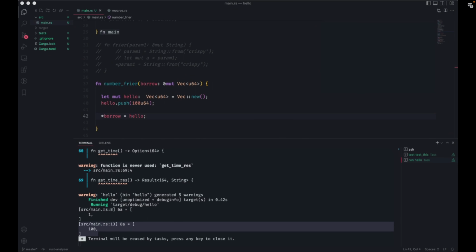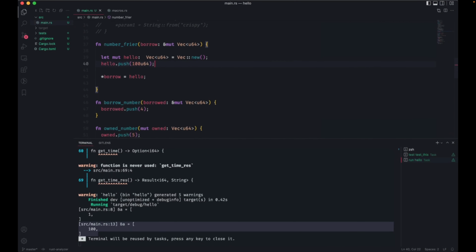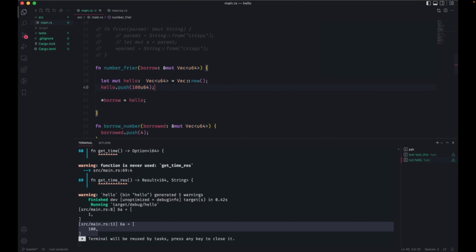Hey, Abid. Just one quick question. Good to be here. Just quickly, I wanted to ask, do you need for these types to be mutable to dereference it like that? From my understanding, in other languages, I would expect it to work without having it mutable.